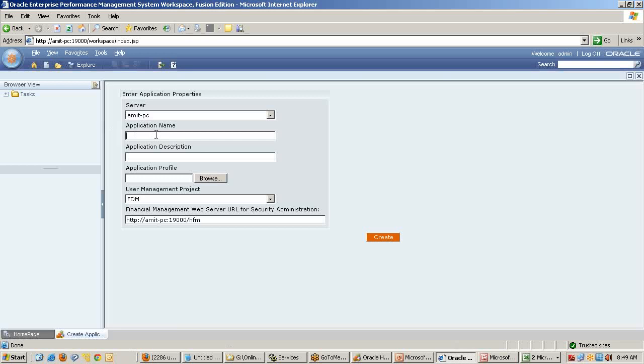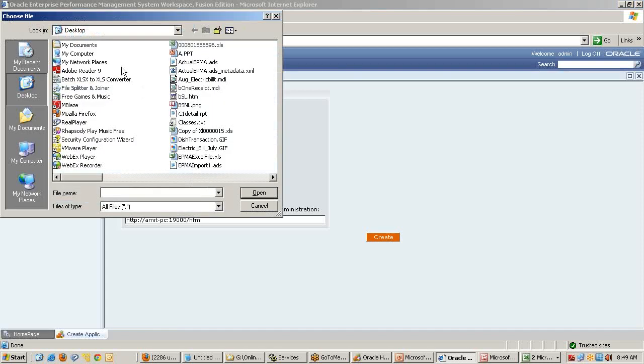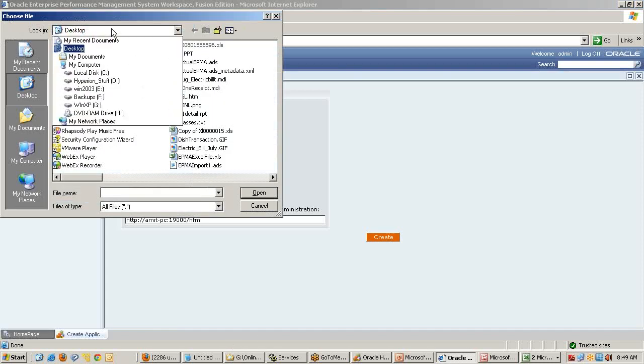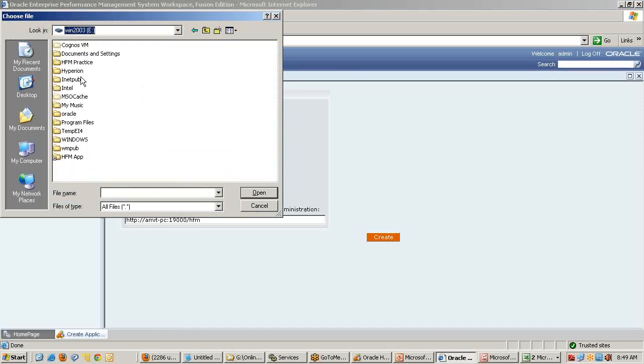Application name, write prac application 4. Application description you can specify. This is another web application. And then choose the application profile. Okay, the application profile you can take from the sample application. Whether you use desktop client or web client, the application profile is absolutely the same.